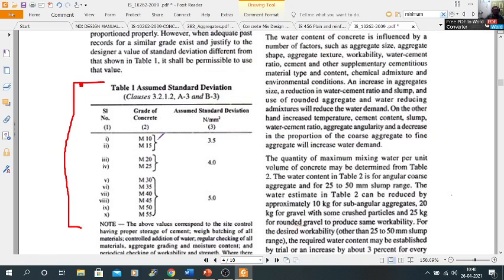The standard deviation for grades of concrete M10 and M15 is 3.5, for M20 and M25 it is 4, and for grades M30 to M55 it is 5. This is the assumed standard deviation to start any example, because we need the standard deviation for the calculation. Earlier, at the start, we make some assumption, and that assumed standard deviation can be taken into account and the calculation